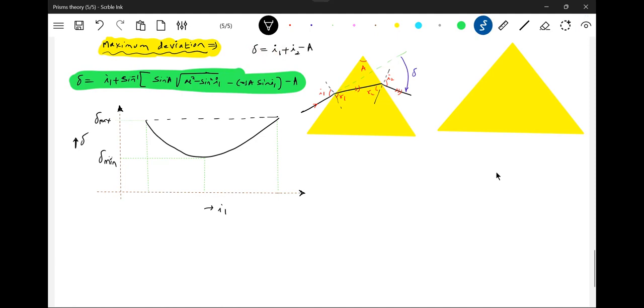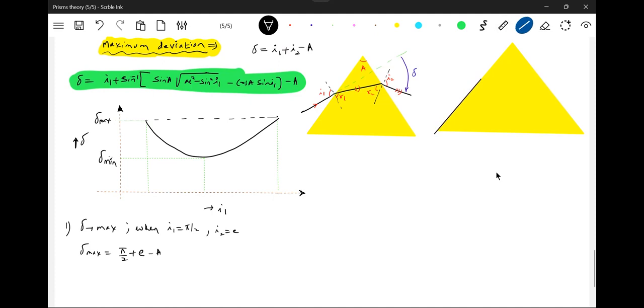So here we'll first put that the deviation will be maximum when I1 is equal to pi by 2. Therefore the maximum deviation will be pi by 2 plus this E, I'll write it. And I2 is called E minus A. What is E that we have to calculate? So how do we show this? So it will be